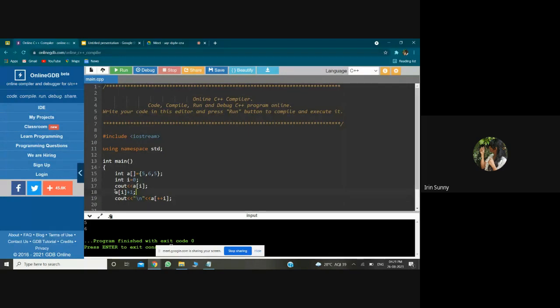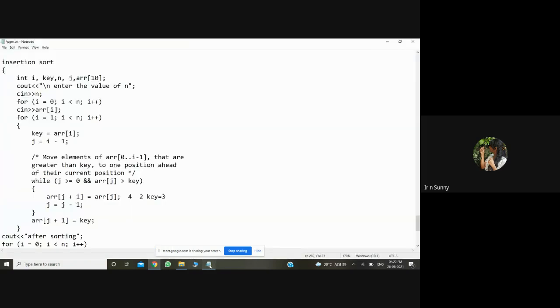When I write the plus 1 outside the square bracket, what happens is it takes the value which is present at that index and adds 1 to it. When I write plus plus or plus 1 inside the square bracket, what happens is it actually moves to the next value. That is an important difference that you must know. That is what is happening here.